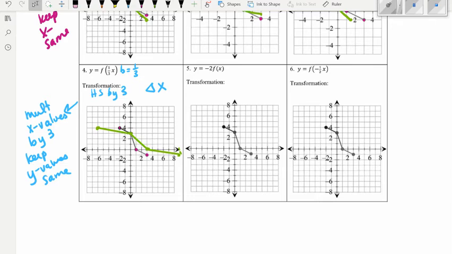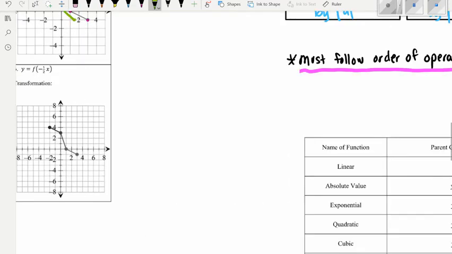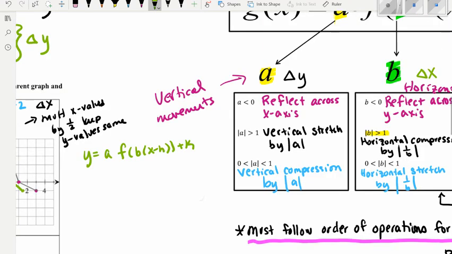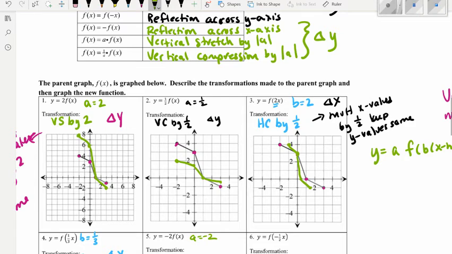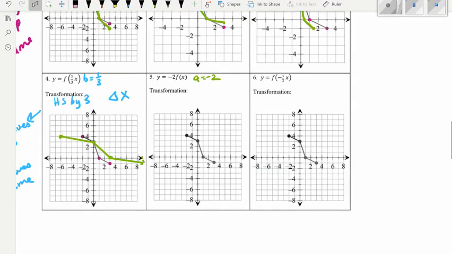So for the next one, we have 2 different things, because notice our a value is equal to negative 2. If we go back over here to our chart, when a is less than 0, it reflects across the x-axis. And when the absolute value of a is bigger than 1, it's a vertical stretch by that value. So we have 2 different transformations when our a value is negative and a number other than 1. So again, this is going to reflect across the x-axis,